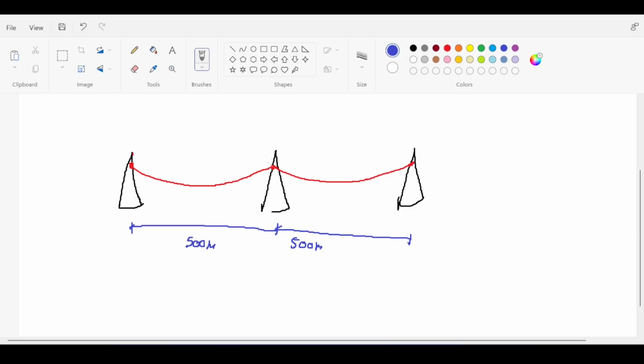So far, so good. Now, for the weight that this tower should resist, you would think that this tower feels half the weight of this cable and half the weight of this cable. So it is half the length of the cable from the left side and half the length of the cable from the right side that this tower will feel. You would basically say rho, which is the density, multiplied by area, multiplied by length over 2, plus rho multiplied by area, multiplied by length over 2, is what this tower feels. And you're perfectly correct with this. However, this only works